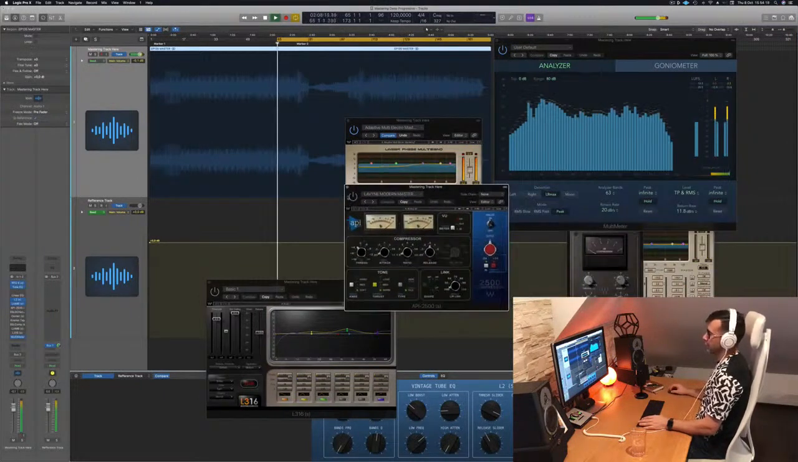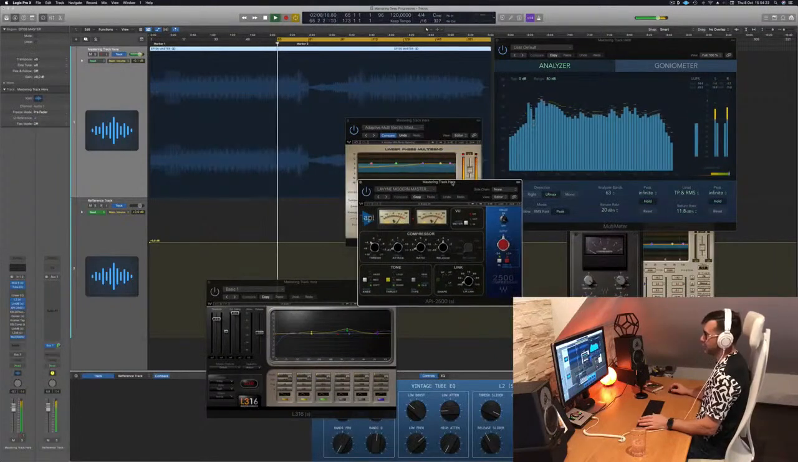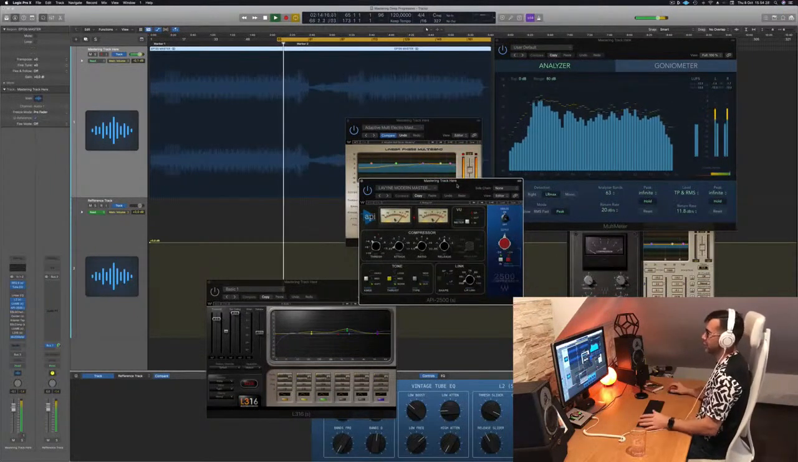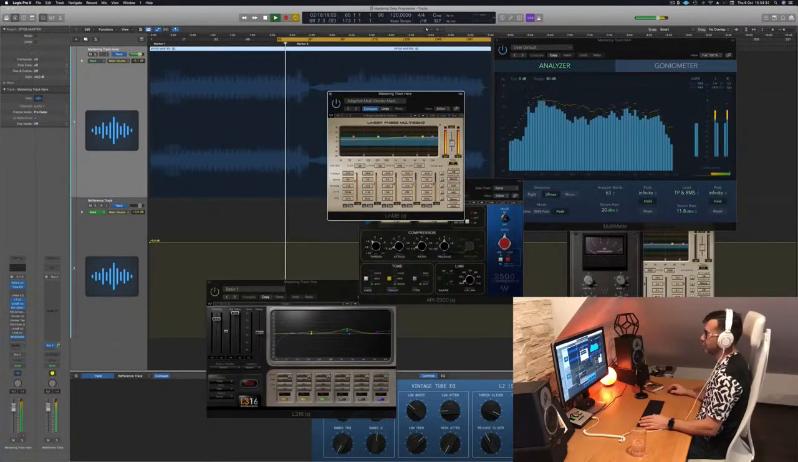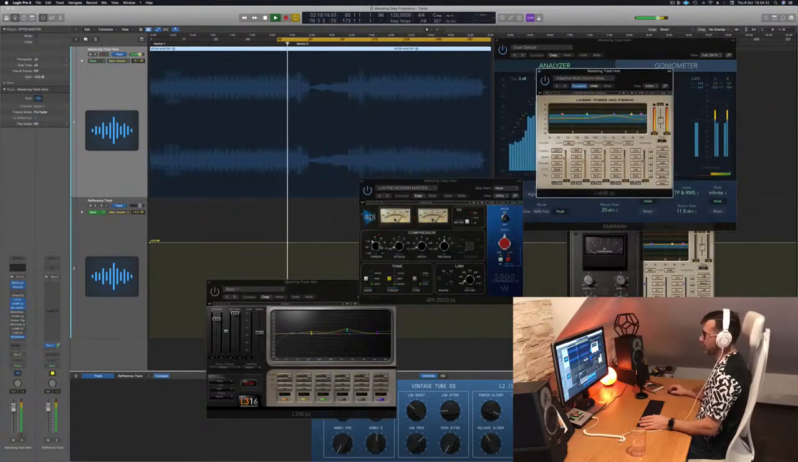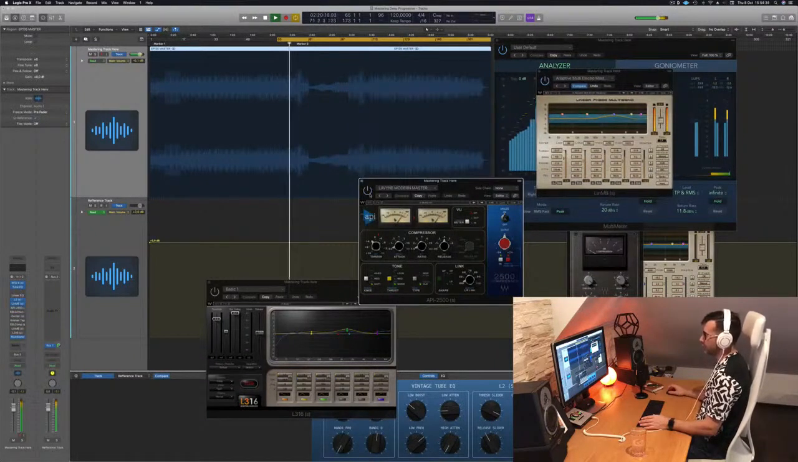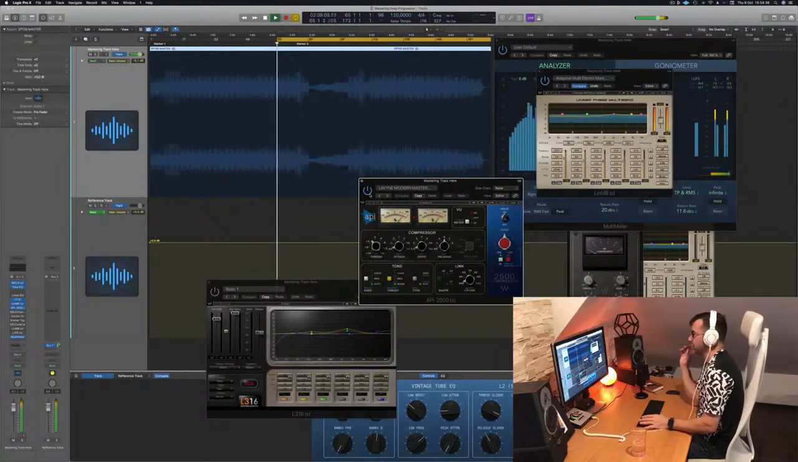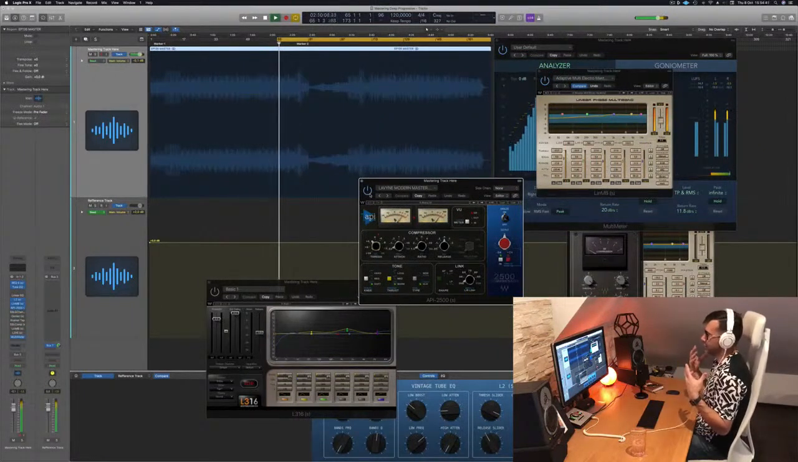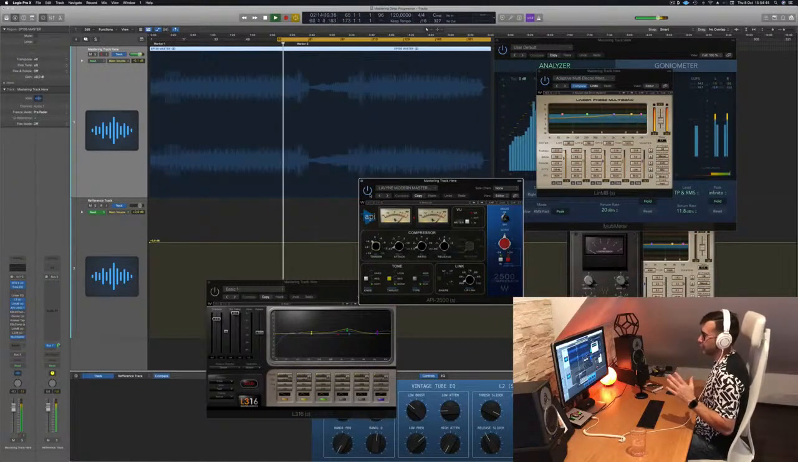Then I have the API 2500, legendary. What I like about this compressor is the smoothness. It just tightens everything up. I really like this feel. It's really high quality without. It just puts the bass into place. I don't know if you guys can hear it. I can hear it because it's my track obviously. But without,